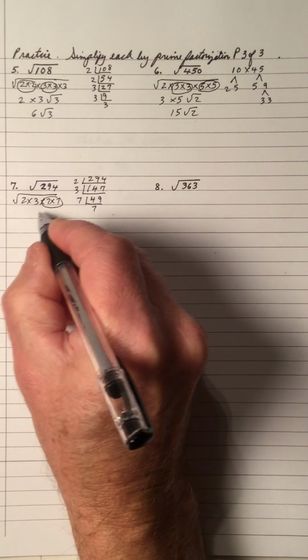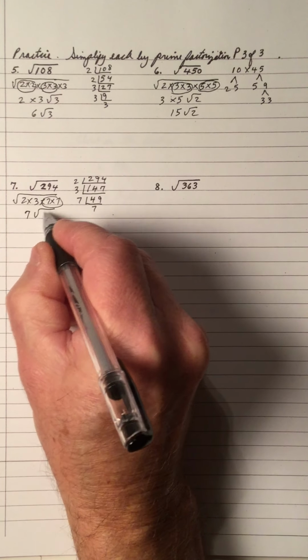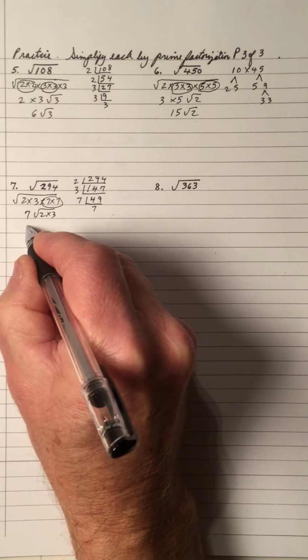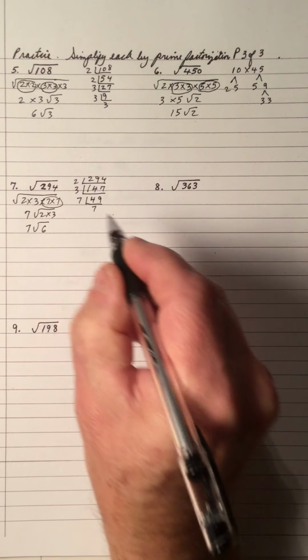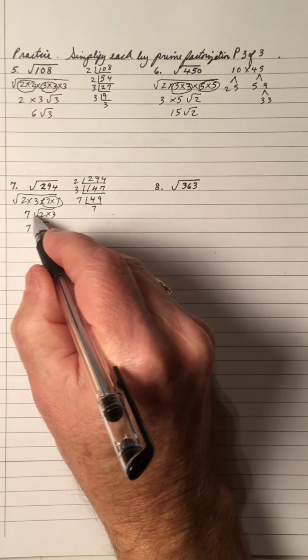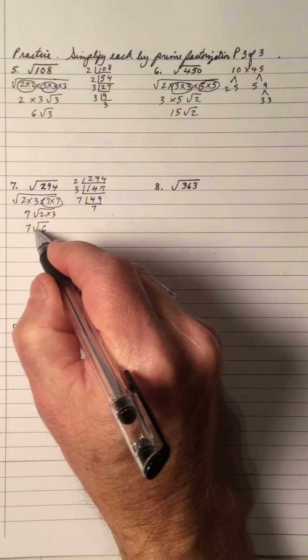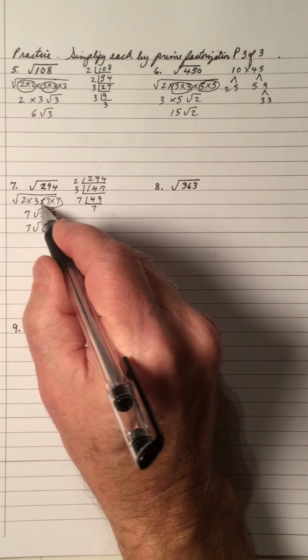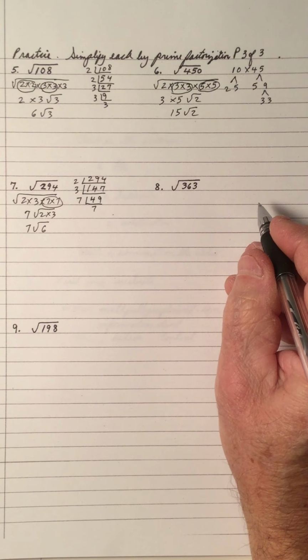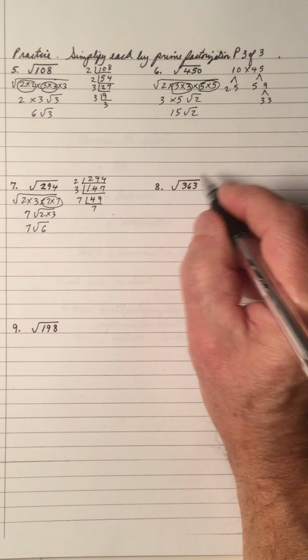So there's two 7s, so take the 7 out. The 2 and the 3 is left, so that's 7 root 6. And again, this step, make it shorter by going right to here. 7 comes out, 6 is in. And the square root of 363,